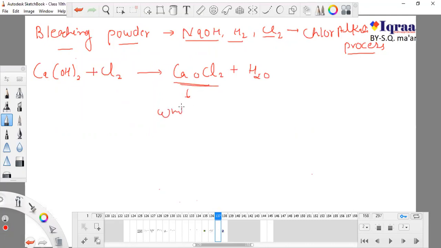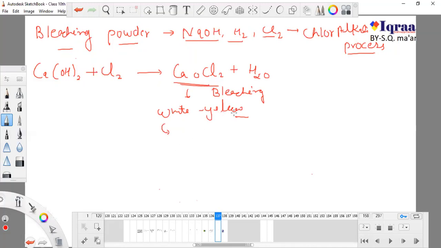It is white and yellowish in color. Bleaching powder is not something that you have heard for the first time. It is very common in daily use. Sometimes you hear of bleach, which is used by females to whiten or lighten their skin. Now I will tell you what exactly it does. It doesn't make anything white, but it just bleaches, it removes the color. So I will tell you.